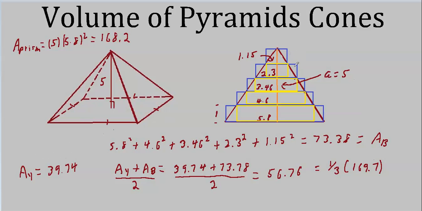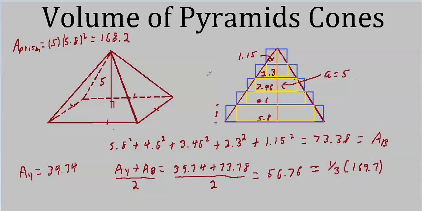One's too big, one's too small. An average is 56.76. If we multiply that by 3, that's 169.7. In other words, 56.76 is 1/3 of 169.7. Why in the world would I write it that way? I could say this was 1/5 of some number 5 times as big. It's kind of silly to say that, isn't it? Well, not necessarily, because